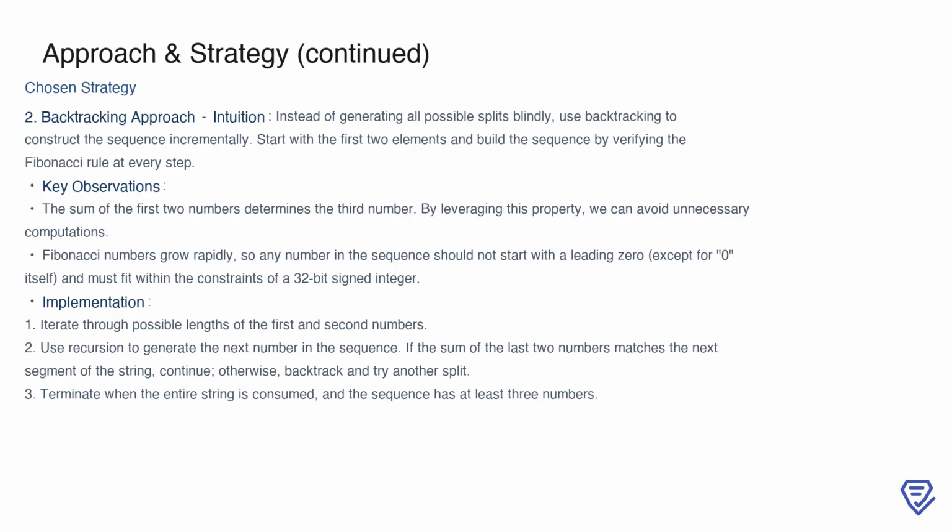exploring invalid splits early. Additionally, Fibonacci numbers grow quickly, so we know that any number in the sequence cannot start with a leading 0 unless it's the single-digit 0, and it must fit within the range of a 32-bit signed integer. In terms of implementation, we iterate through possible lengths for the first two numbers and use recursion to build